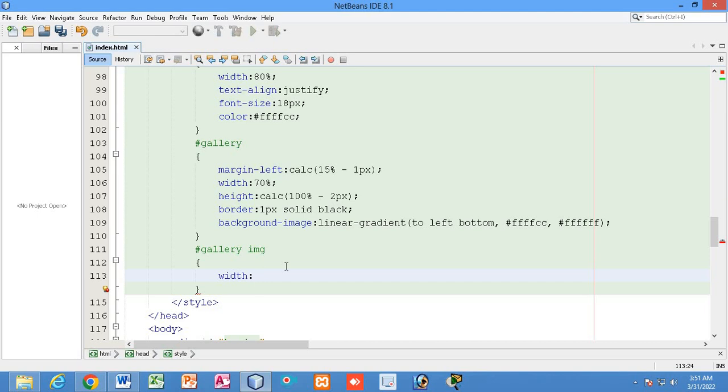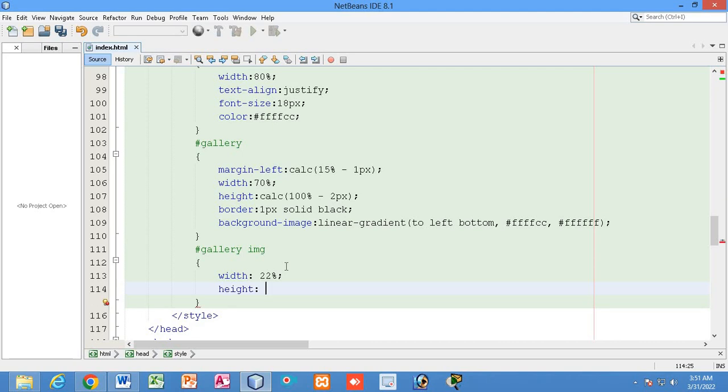So let's say the width will be 22%, right? So let's say this will be the width, and height will be 40, or let's say 300 px, right?